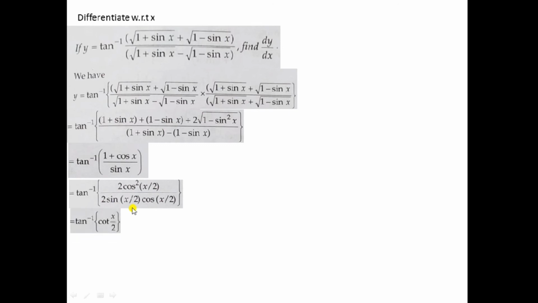See, in the outer part it has been given tan inverse, and inside we get cot, and we all know that whatever is in the outside, the similar form we have to get inside. So we can write cot x by 2 as tan of (90 minus theta), where theta is x by 2. Now you can see that both sides have become the same. So this tan inverse and tan get cancelled, and we get y equal to pi by 2 minus x by 2.